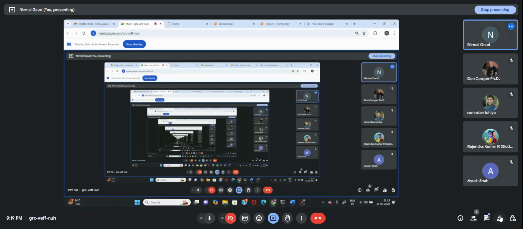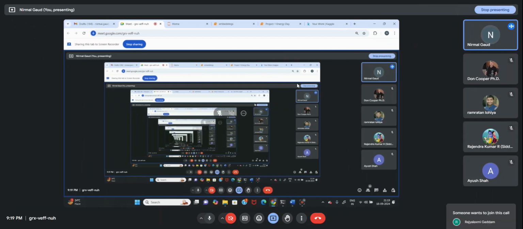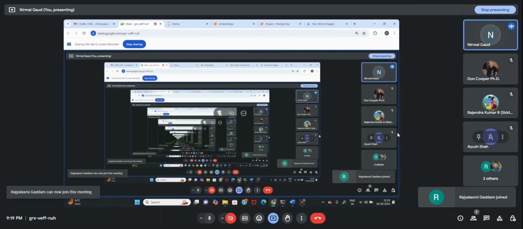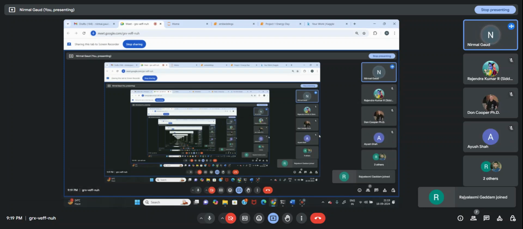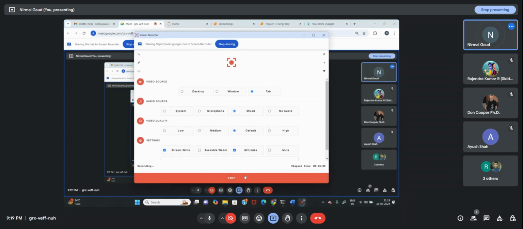Okay, fine. Specific projects, platforms for knowledge graphs, directed. If you talk about platforms for graphs, sir, as I already told, that means the subjects which we do study, like discrete mathematics,